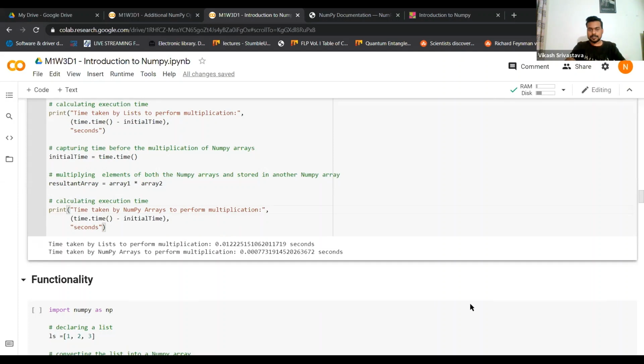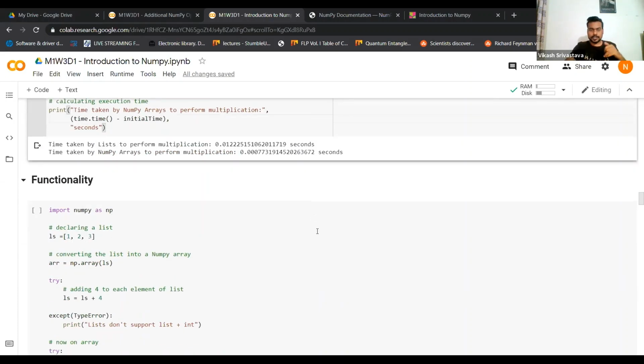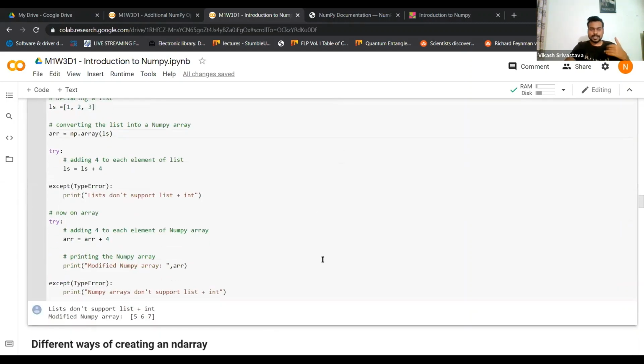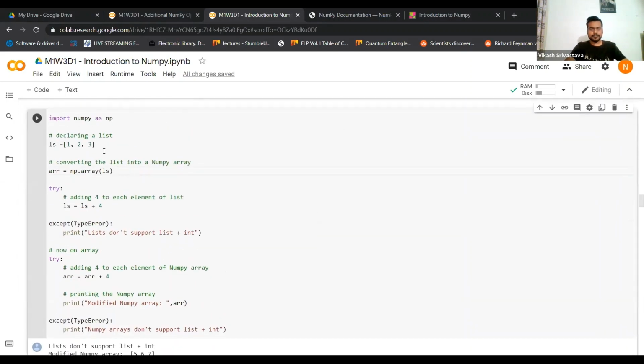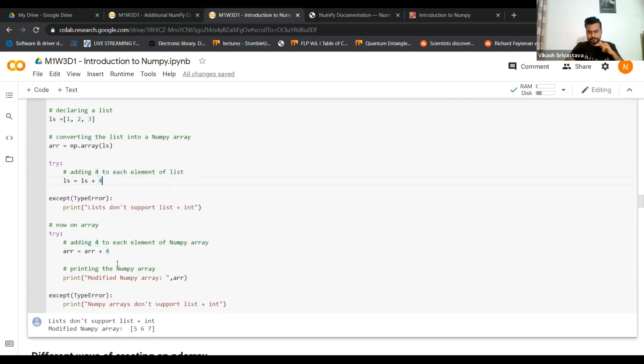Okay, so NumPy objects consume less memory. They are much faster as compared to your traditional list, and they provide additional functionality. Just to give you an example, suppose I have a list here which has three elements, 1, 2, 3, and you can of course create this list as an array, which I'll call arr, short for array, right? Let's say I wanted to add a number to each of the elements of our list. If you try doing this, it will throw us an error,